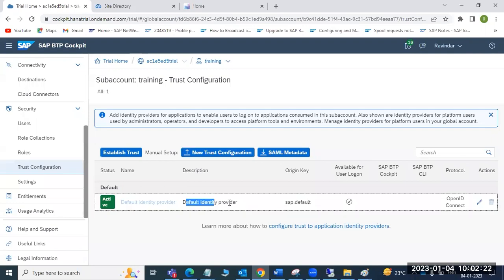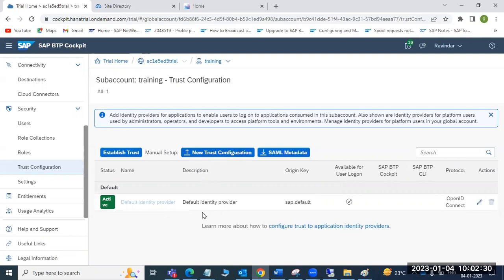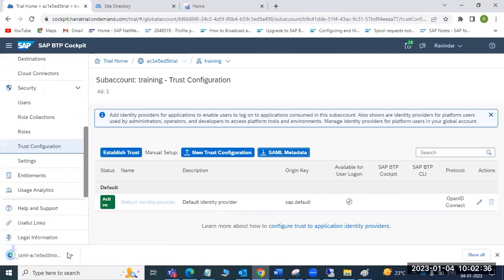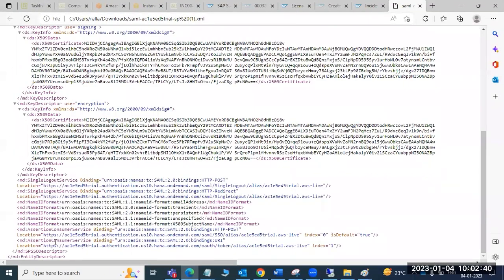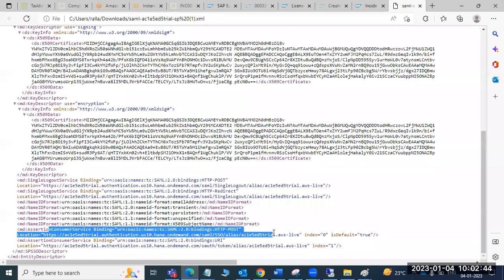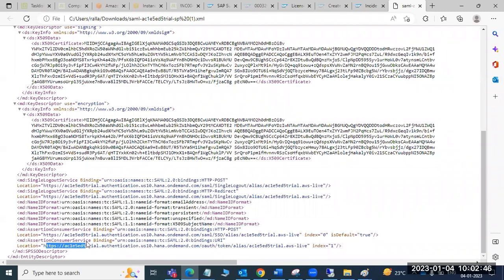Is there any login relay and logout relay URL they are providing? They will provide it to us. Here we have to define the login and logout relay URL. In the metadata there is clearly a configuration, and you can see the assertion consumer binding URLs, the login URL, and the post URL.